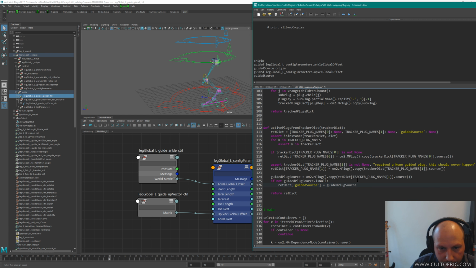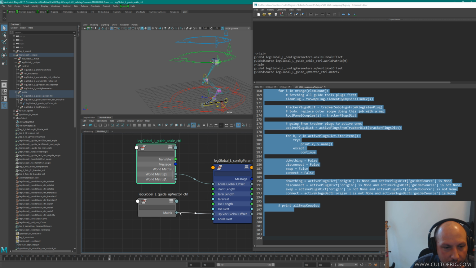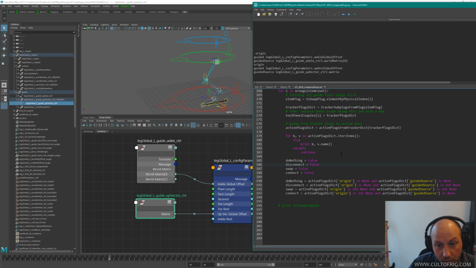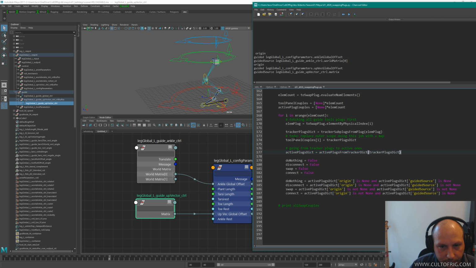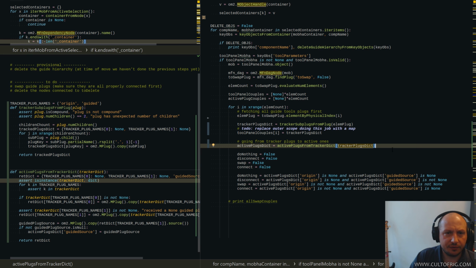See, this is why you should be very careful when you're doing this kind of stuff. So origin, we get the global offset, and from that we get the guided source leg global, blah blah blah, world matrix. And here we get the matrix, which I forgot we did. I would have expected the world. So very good. Whew. I was very concerned there for a moment. So we're good here. Now the next thing to do